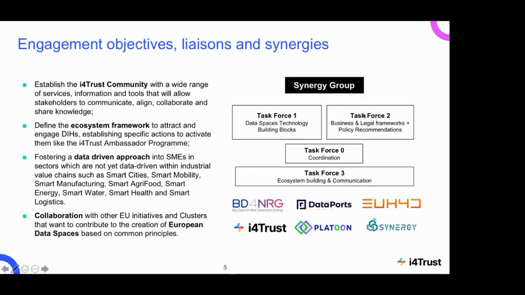And so far, this is something that we are starting now. We are planning to have a workshop to start working together with all these projects. So far, here you can see the ones that already demonstrated interest: Big Data for Energy, DataPorts, European Data Hubs, of course ourselves, Platoon and Synergy are some of the projects that are willing to join this group that at the end is a working group that will focus on different